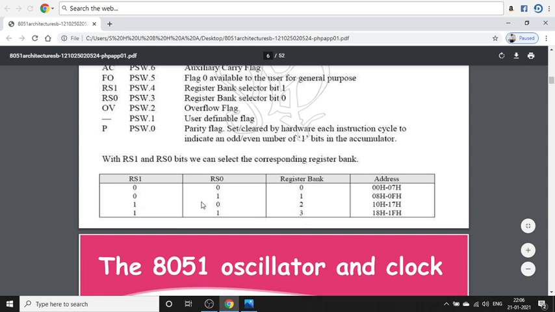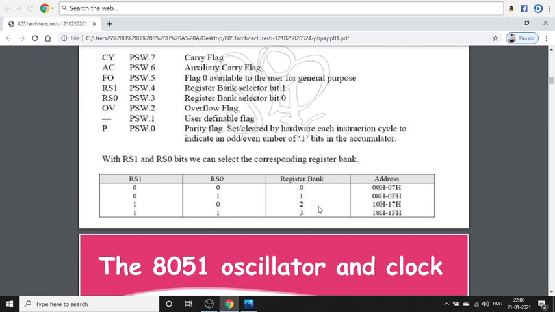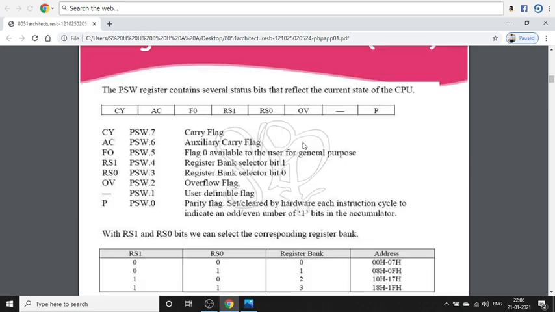When it is 00, register bank 0 is selected, 01 is register bank 1, then 2 and 3. The addresses are 00 to 07H, 08 to 0FH, 10 to 17H, and 18 to 1FH. These flags are used for selecting one of the 4 register banks, with their addresses.